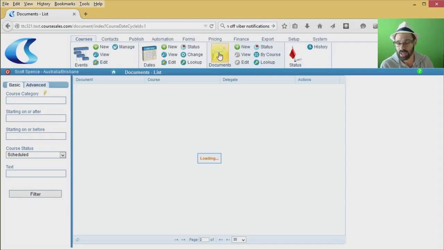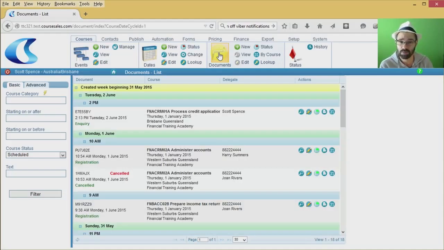including those from the website and also those via any API connections, or perhaps the salespeople have been adding people and adding registrations and creating documents. So you can see here we have the courses listed by the week, so creating the week beginning. We have the date of the course, and we also have the time of the